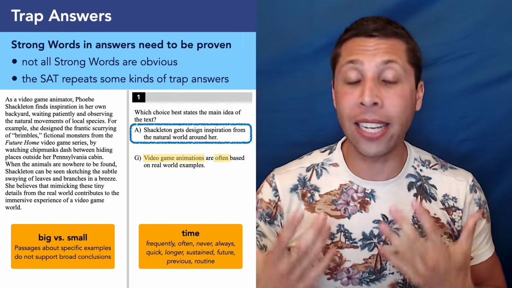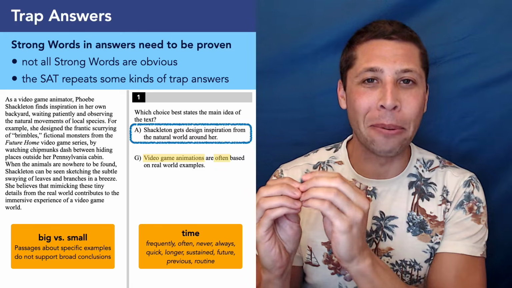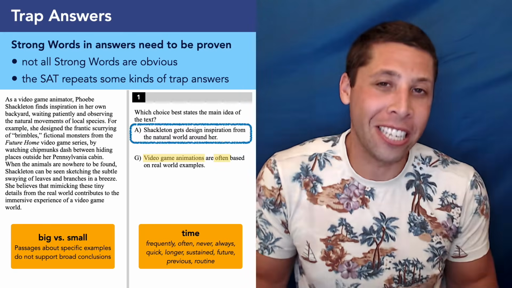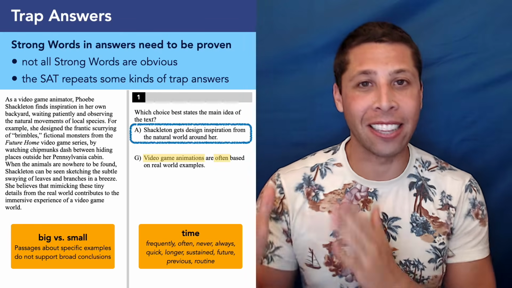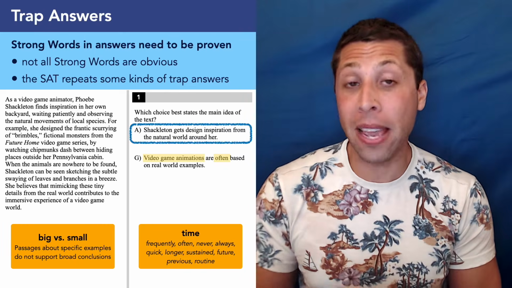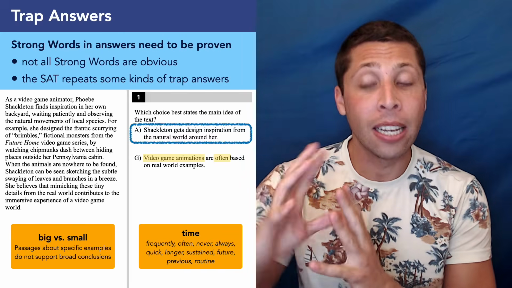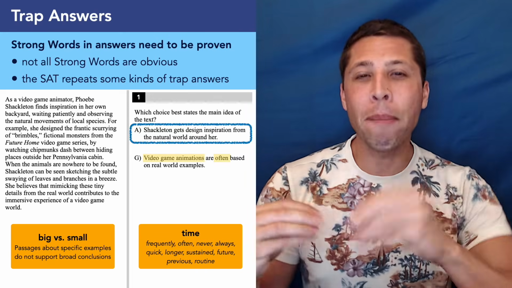And this is fighting against something that's very human nature. We really like to take a couple of small examples and make a big claim about it. It's just easier. But we're fighting against that instinct. The SAT knows it's there, so we have to recognize when they're doing it. They make this kind of trap a lot. So just be careful, especially in science passages, that if we're getting a specific example, we're not making a bigger